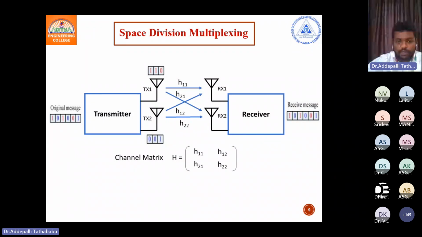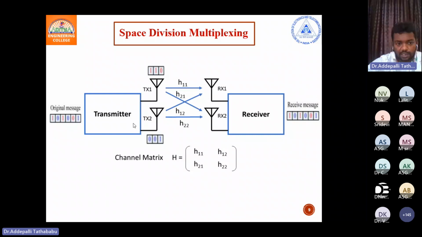We can explain. Basically, two types of signal techniques we are using in MIMO systems. One is space division multiplexing, or spatial multiplexing, and another one is space-time coding. In the space division multiplexing, suppose I have a data